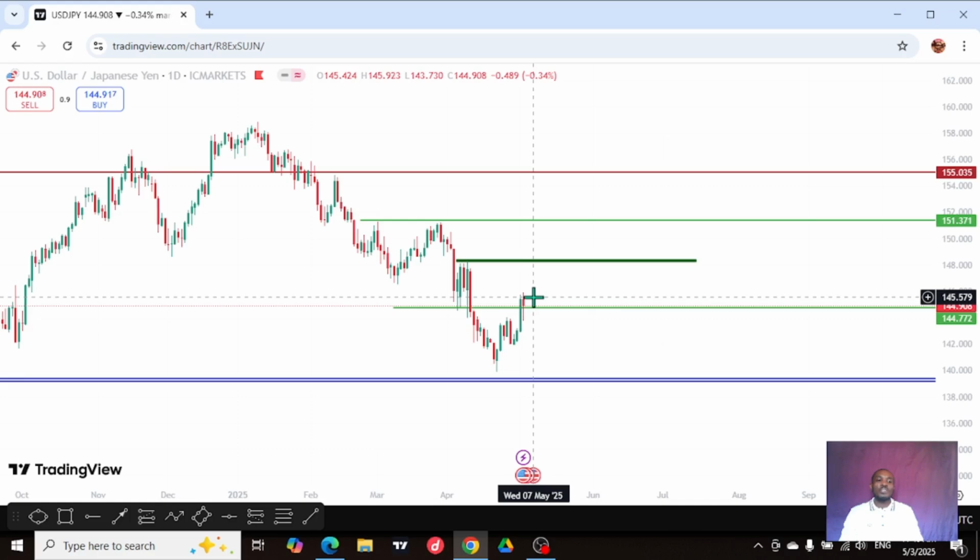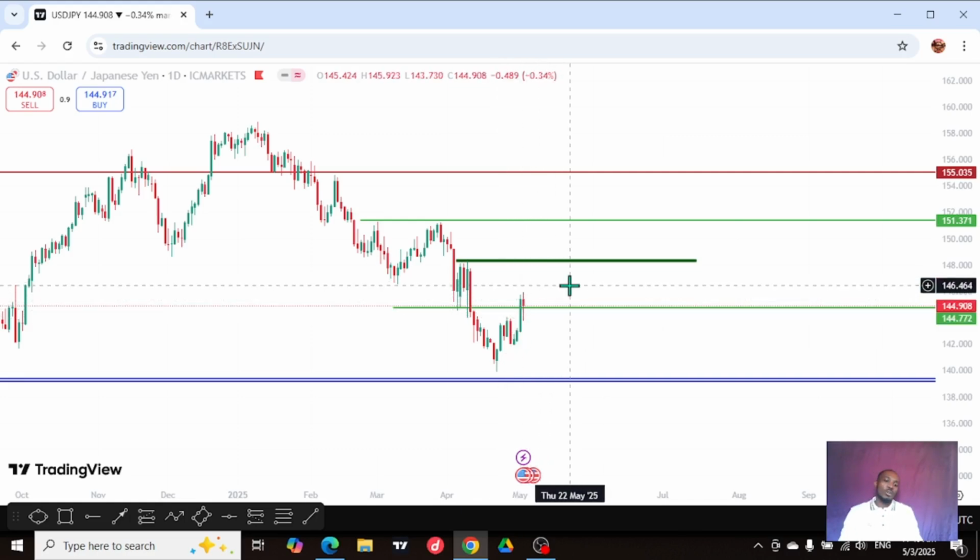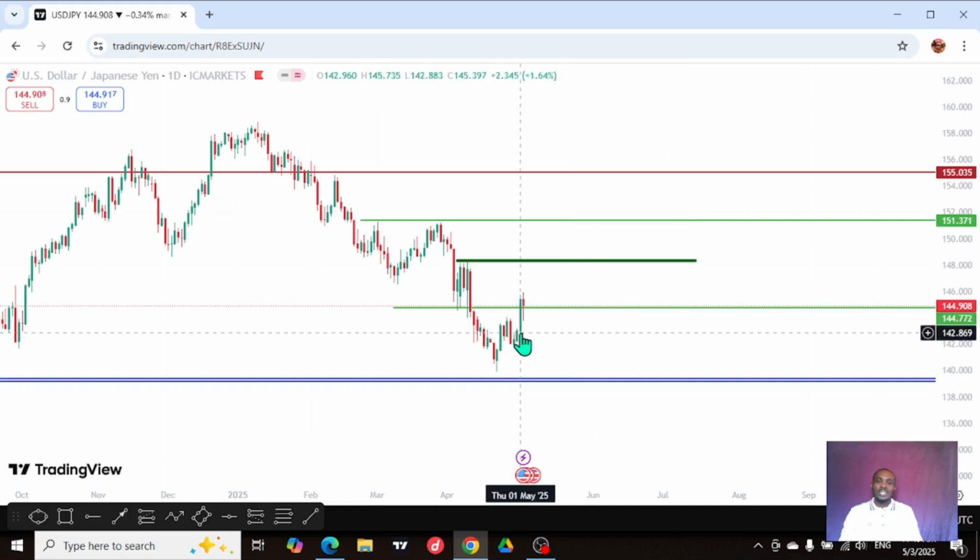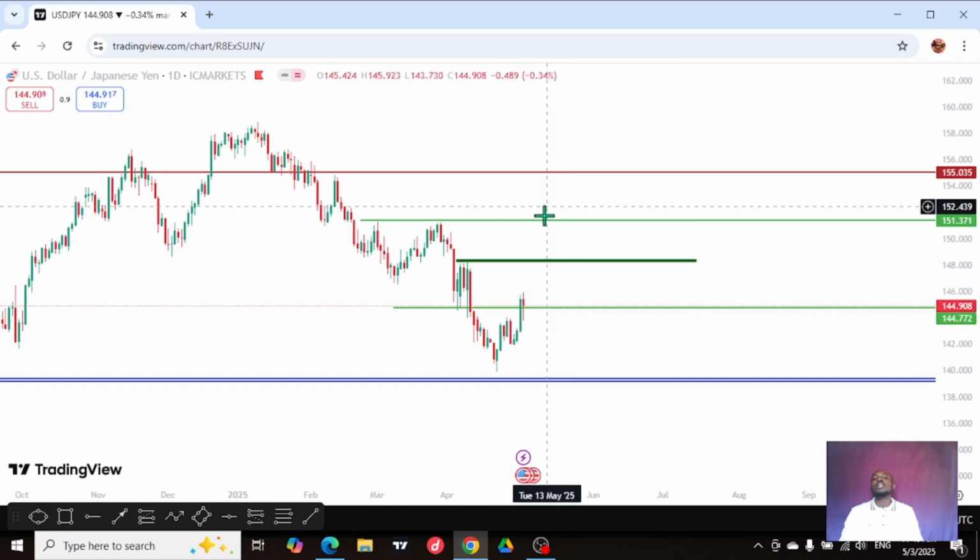This is the 145.500 price, which is here, and it has made that, which is this, following the NFP news that was released on Friday yesterday. And now, if the pair should rally up again,